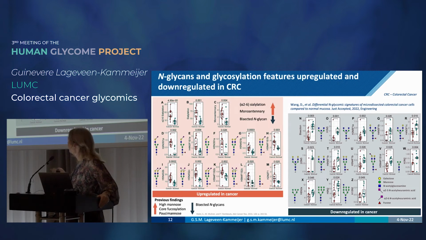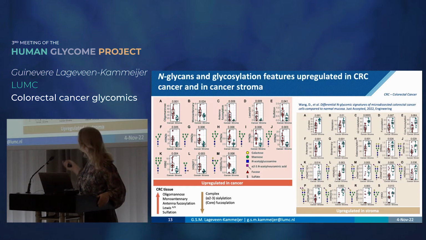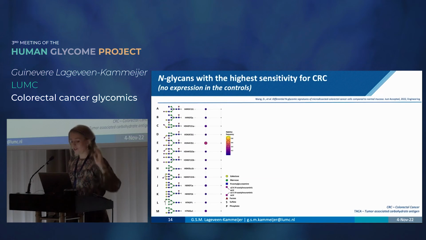But what we noticed is that if we compare cancer versus stroma, there we see that the lewis-type structures and monoantennaries are actually upregulated. So that's the benefit of using LCM, where we can really capture specific regions of the tissue, compared with the previous studies where this was all just one bulk of sample. So this was interesting, and then looking more in depth at the sensitivity for colorectal cancer,